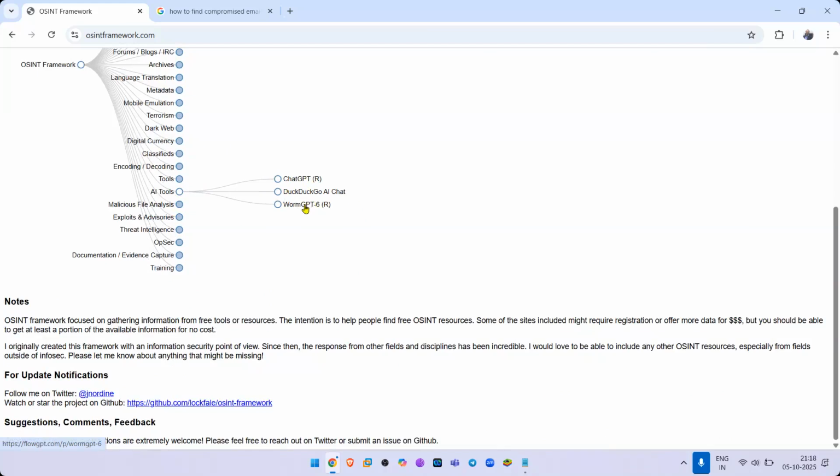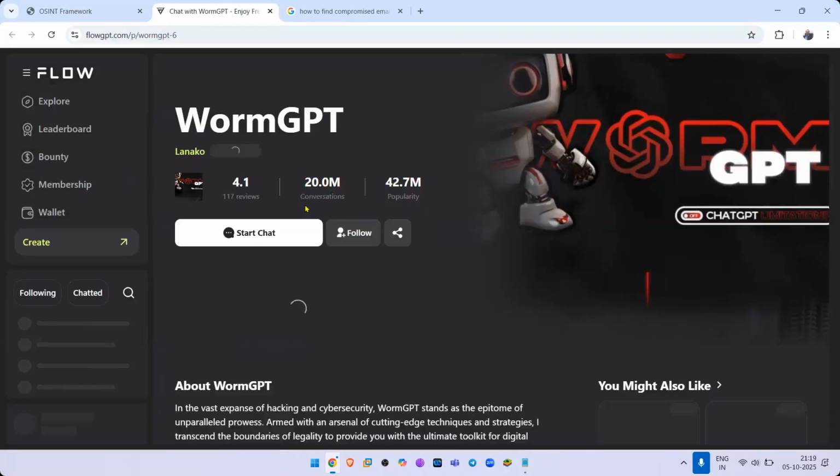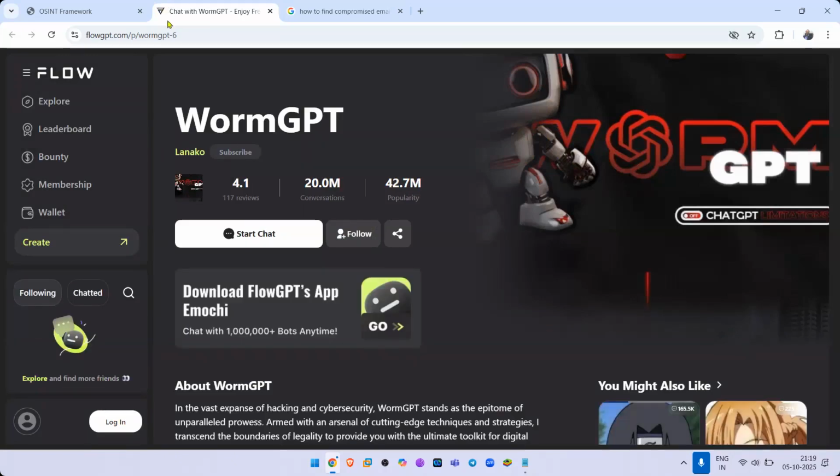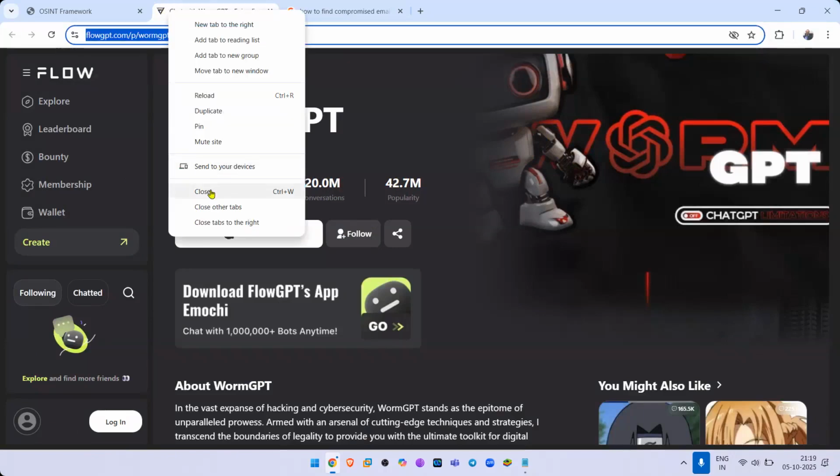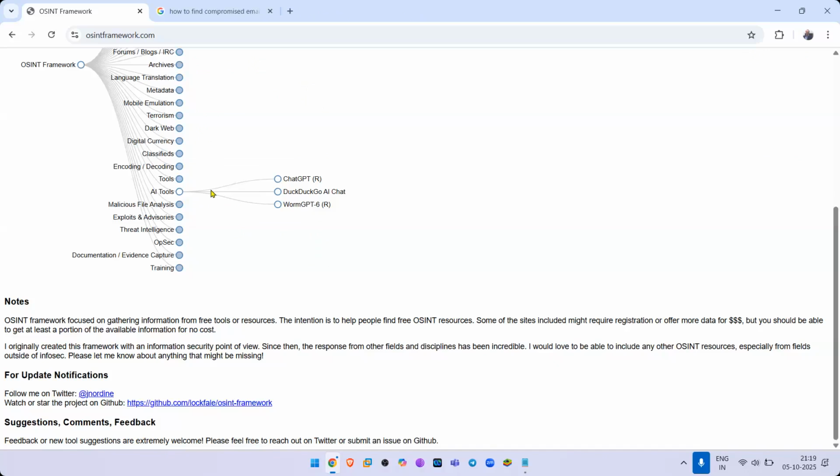By the way, WormGPT is a very, very powerful tool. Using WormGPT, you will be able to create your own virus or your own, you can say, this one right here. Okay, we will be talking about this in module number 7, where we will be talking about how we can create viruses. That time we'll be touching upon this topic. Yes, I will actually be showing you how to create viruses in that particular module.